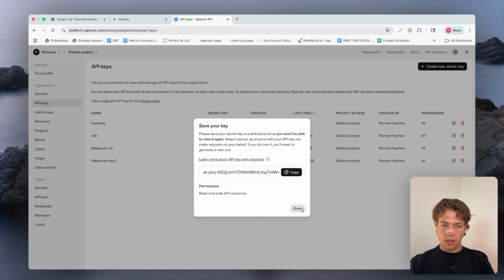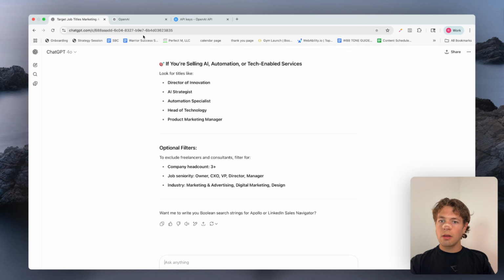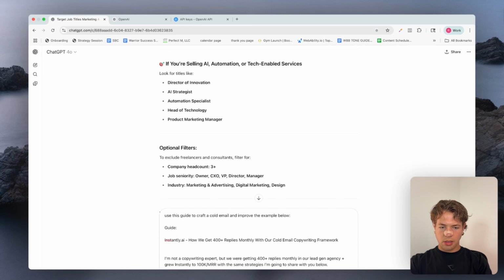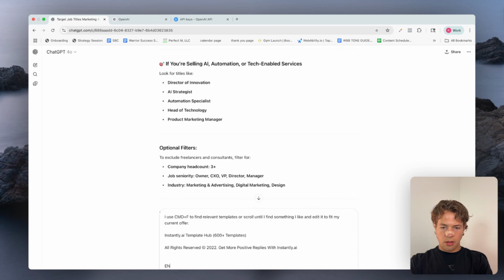Oh, great. You can't see all of it anyways. It's fine. Use this guide to craft cold email and improve the example below. Guide. Paste that in. End guide.